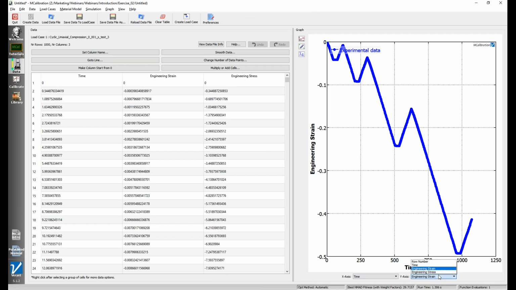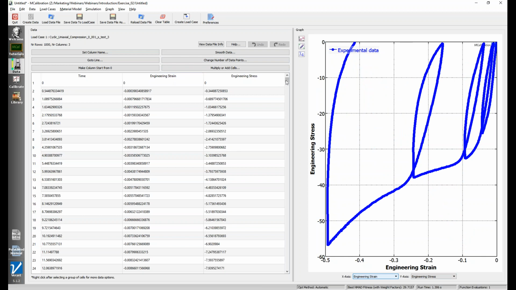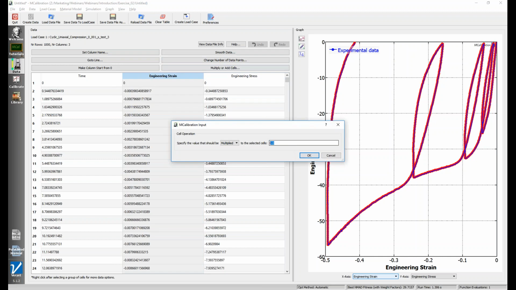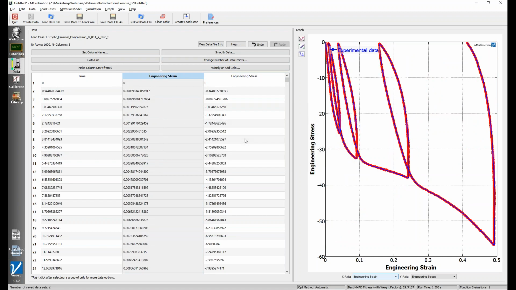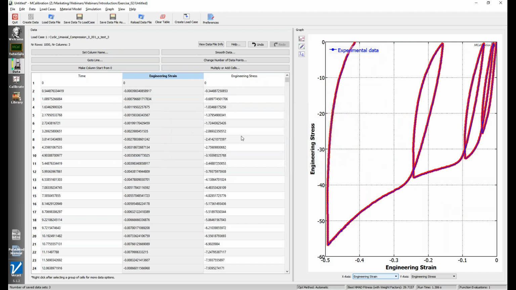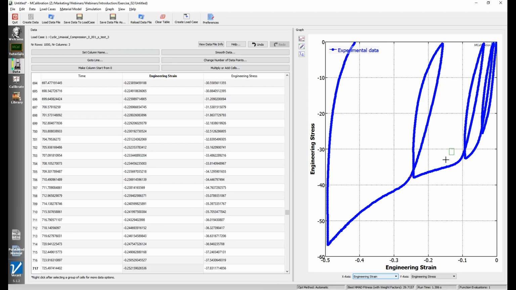I have a plot here. I can look at stress versus strain for the data, and the actual data is here. I could come in and just change these values if I wanted to, but we also have some functions to help change them. One thing that sometimes we have to do is multiply cells. So I can multiply by -1, and now all the strains become positive. I'll set that back. If your data is very noisy, which this isn't very noisy, but there's a little bit of noise,